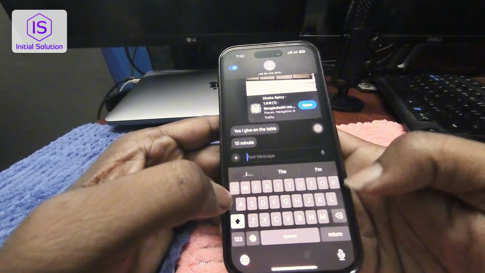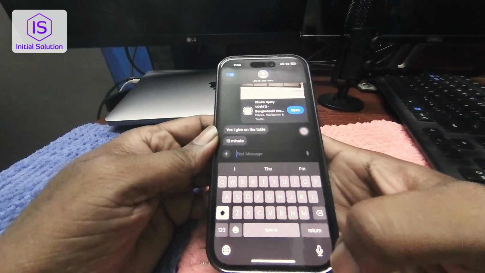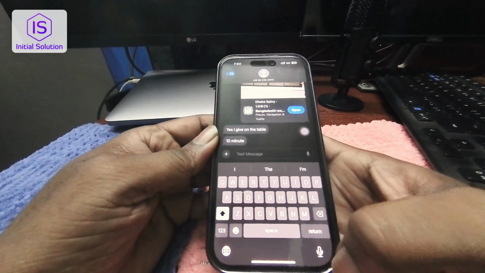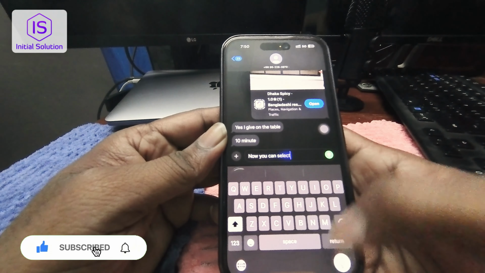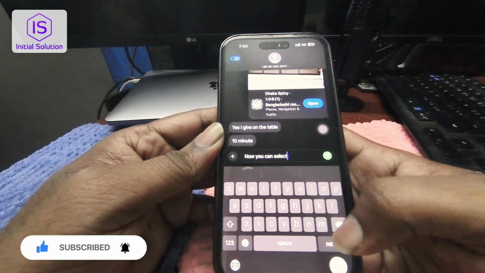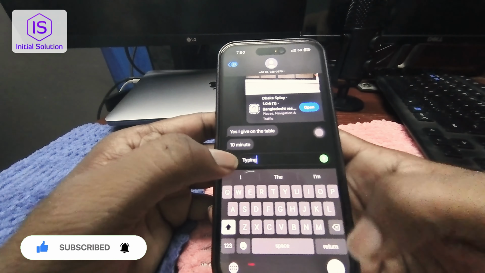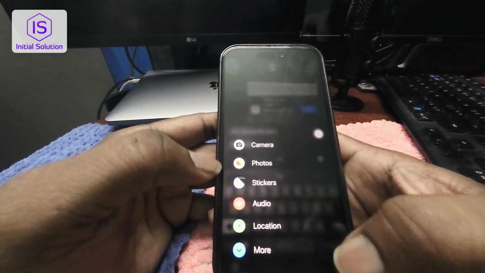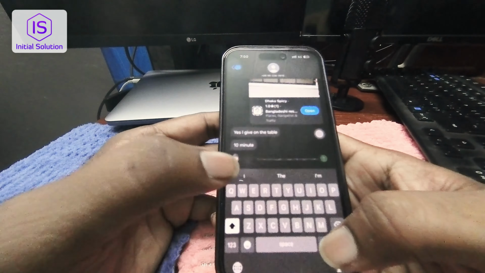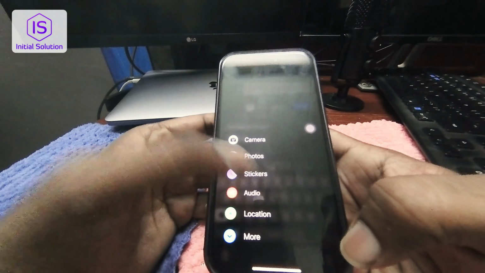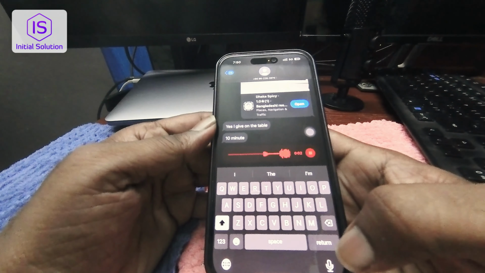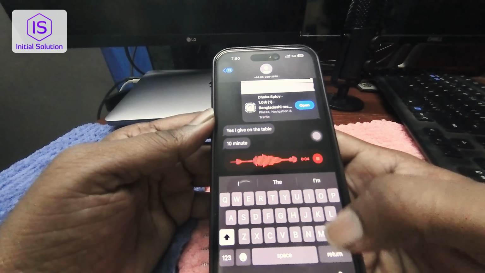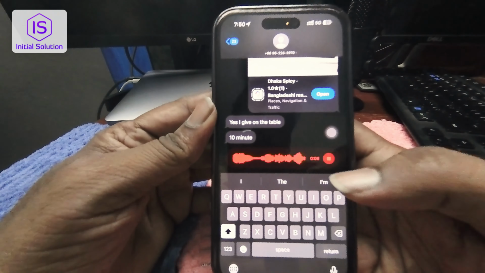But if you want to send a voice SMS, now you can select what you want. This is not voice. This is the typing. But we need to select the message plus here. Then it shows the audio, plus an audio. Now we can record, and if we are done,